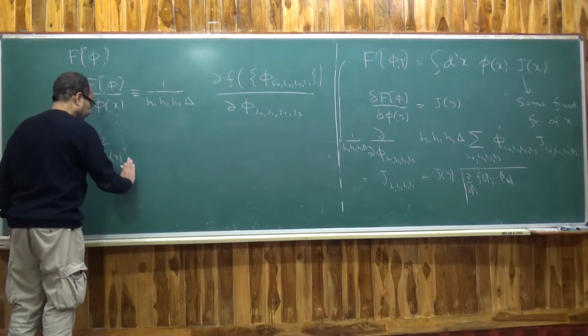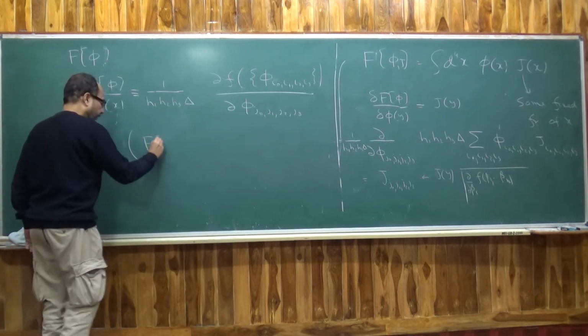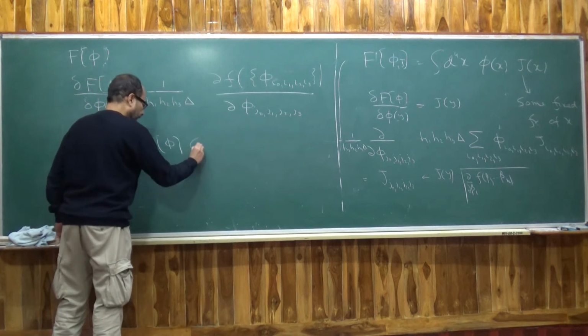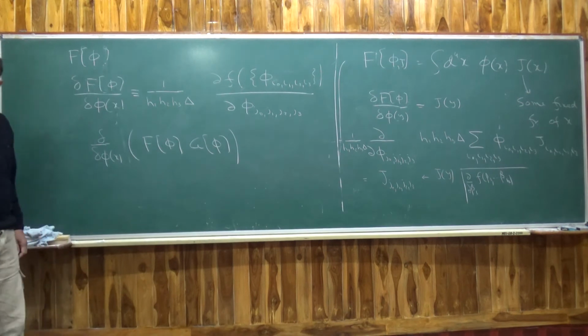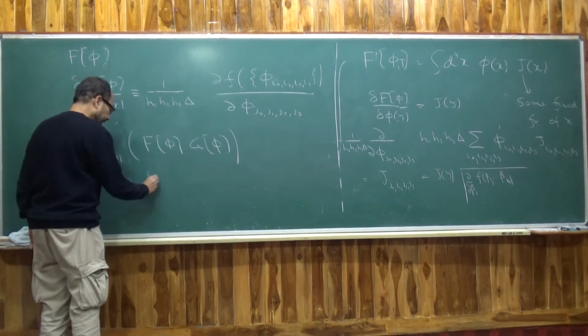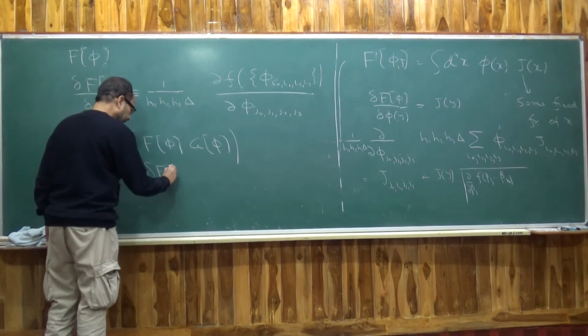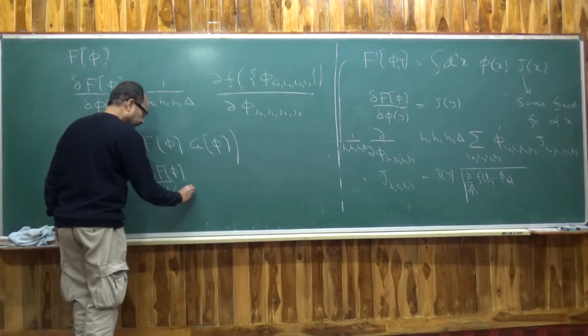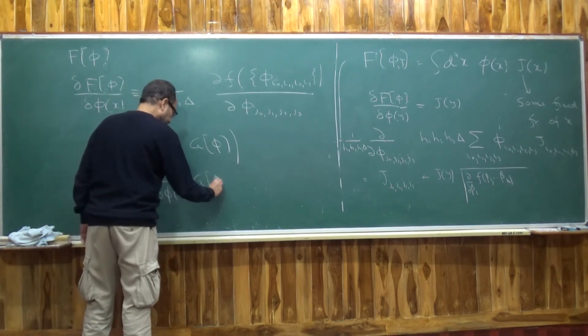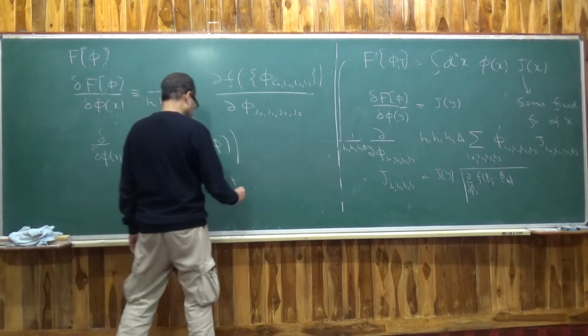Suppose you have two functionals, f of phi and g of phi. Then delta of f of phi times g of phi over delta phi x is delta f of phi over delta phi x times g of phi, plus